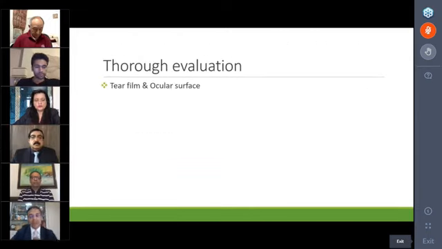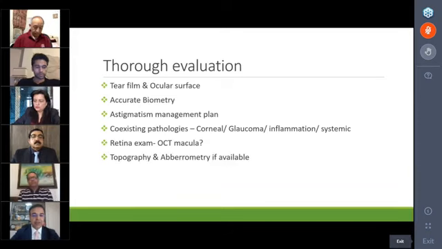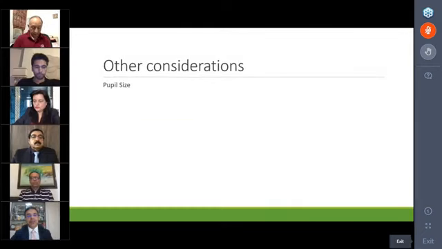Now, a thorough evaluation, I think I will not go into details at all. Ocular surface, tear film, and very accurate biometry, an astigmatism management plan. Look for coexisting pathologies, a good retina exam if you're doing multifocals, OCT of the macula if possible. If possible, do a topography and aberrometry, but they are not necessary. Other considerations,